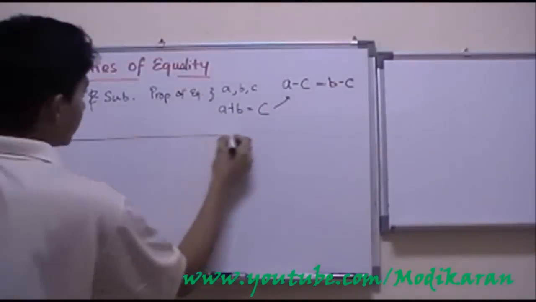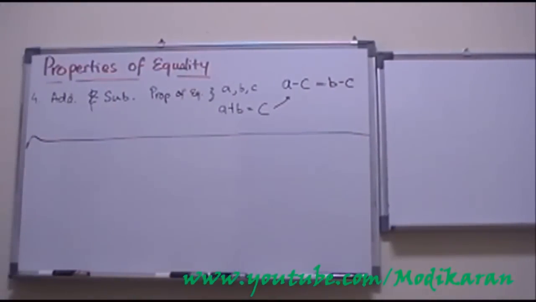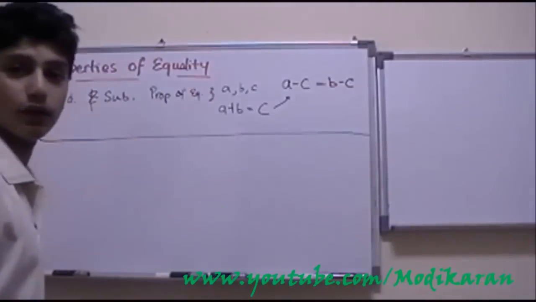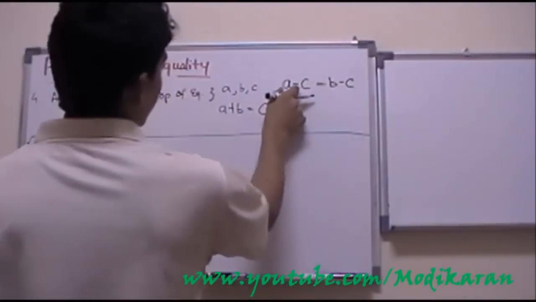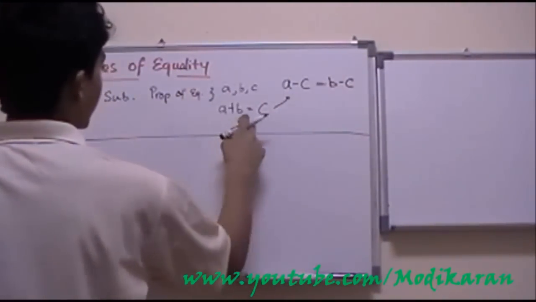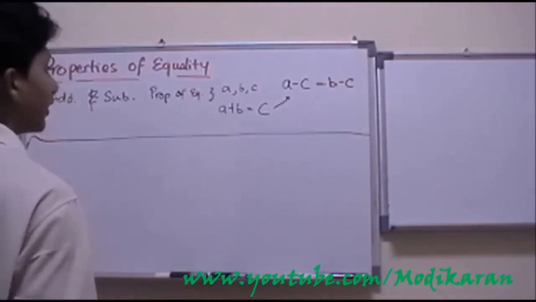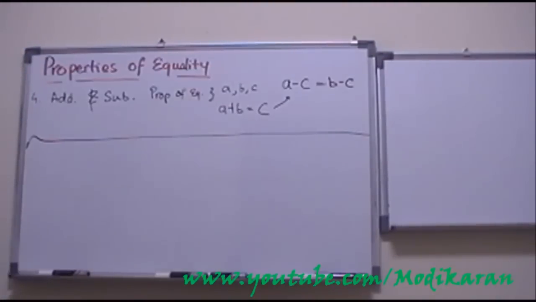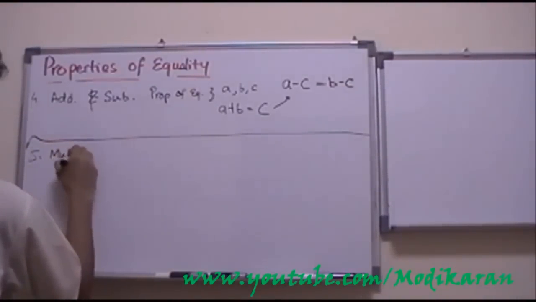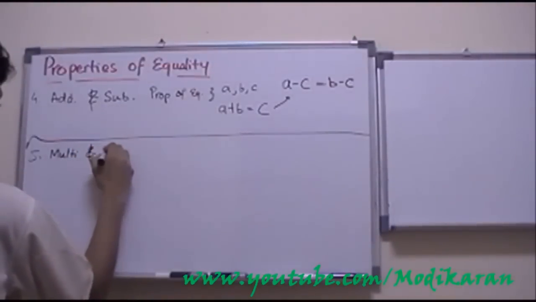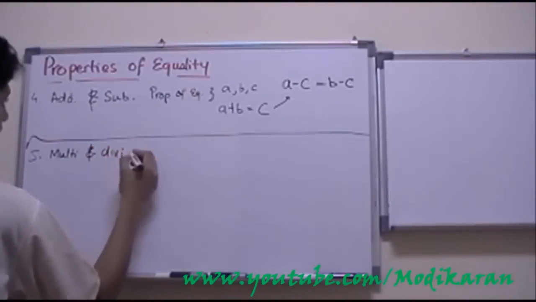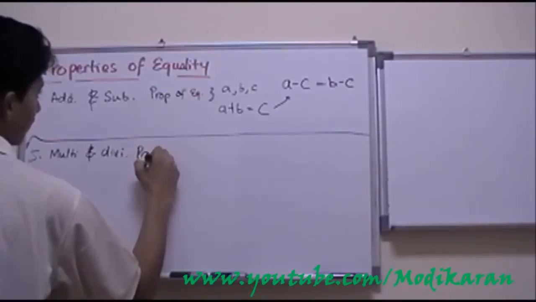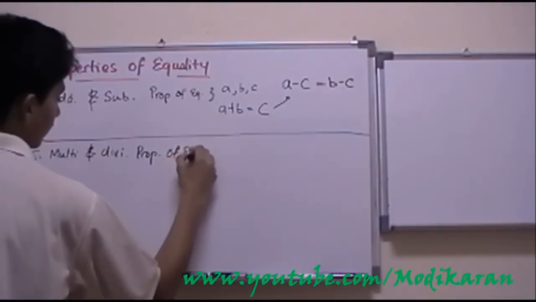This may take a little time to think about, but what I recommend is to switch A with some value, use these numbers, both should be equal to C, and you'll soon find out that it is true. The 5th one is the multiplication and division property